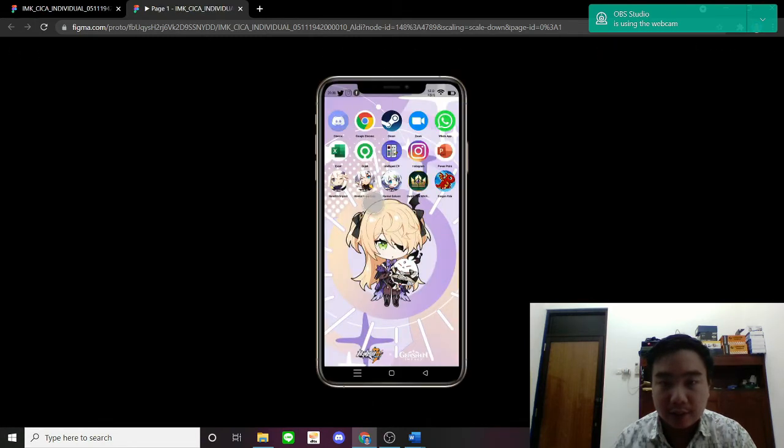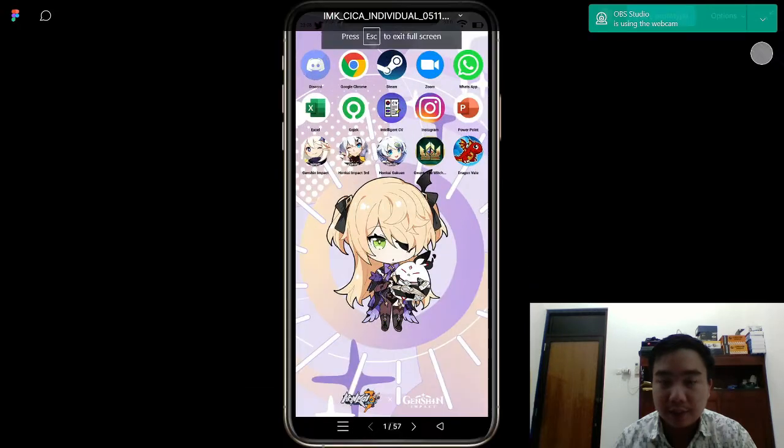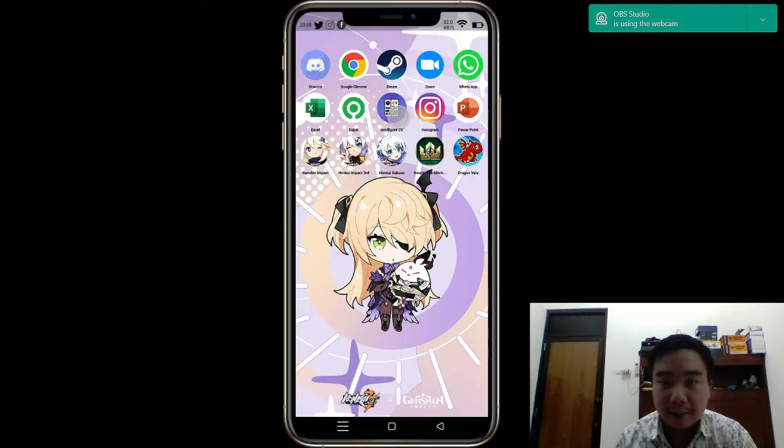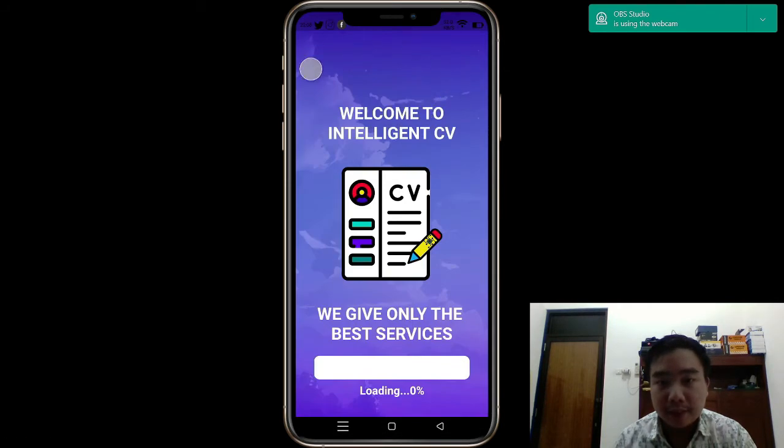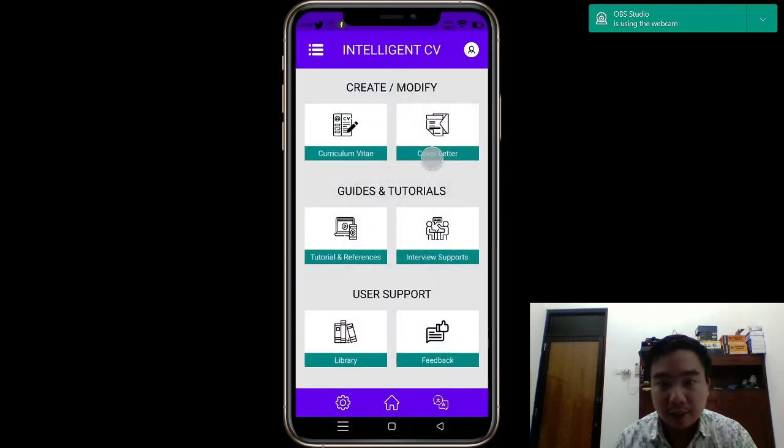So this is the view on the phone when implemented. Let's just zoom in. So this is the symbol. I remade the symbol a bit so it is matching with the theme about creating a CV, so it's not creating a confusion. This is the loading screen. Okay, and then we can see this is the home page